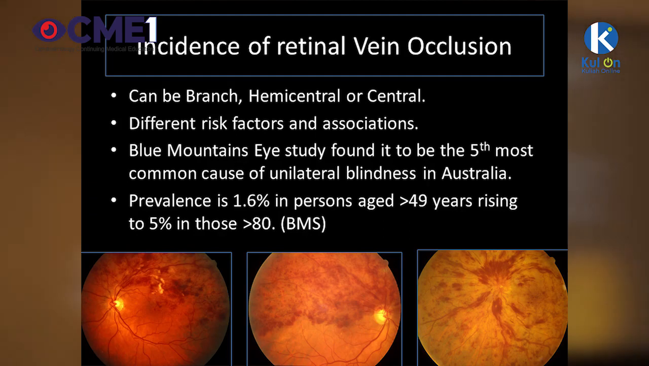Yes. So retinal vein occlusion is very common in Australia. It's more common than we think, and I think it's actually more common in Indonesia compared to Australia because of the incidence of diabetes being higher. In Australia, the risk of having a retinal vein occlusion, whether it's central retinal vein occlusion,